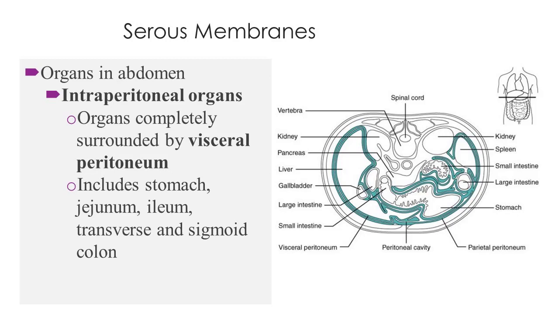Well, intraperitoneal organs that have a serosa, meaning they're surrounded by a visceral peritoneum, include the stomach, jejunum, ileum, transverse, and sigmoid colons. We'll get to exactly where these fall within our alimentary canal later in the lecture. But I want you to understand these are distinct. These intraperitoneal organs are distinct from